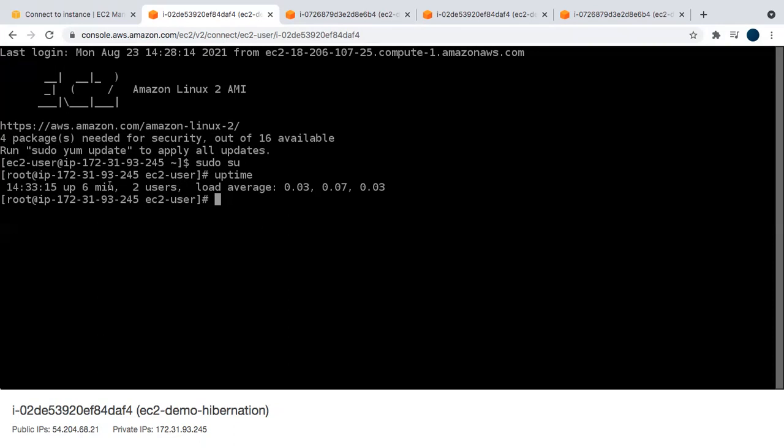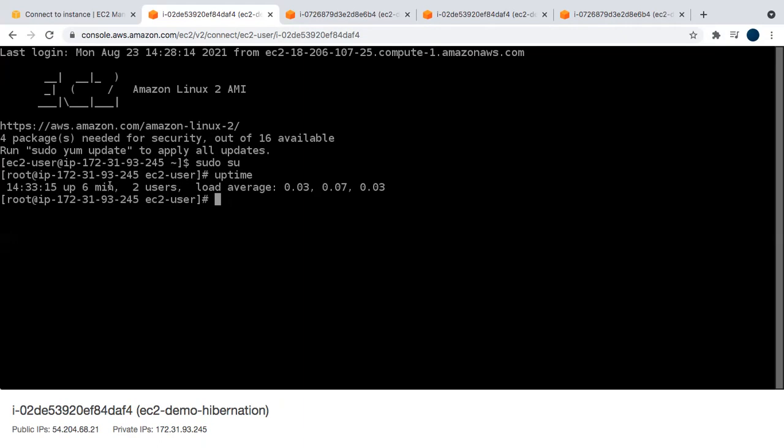Second, to enable hibernation, space is allocated on the root volume to store the instance memory, and make sure the root volume is large enough to store the RAM content and accommodate your expected usage. If the EBS root volume does not have enough space, hibernation will fail and the instance will be shut down instead.